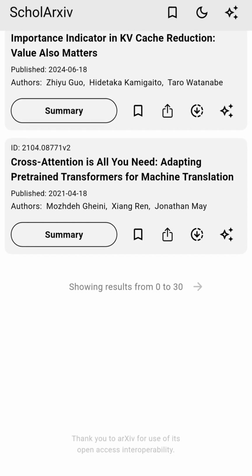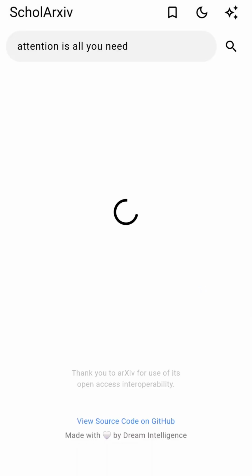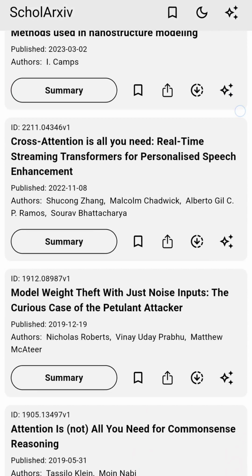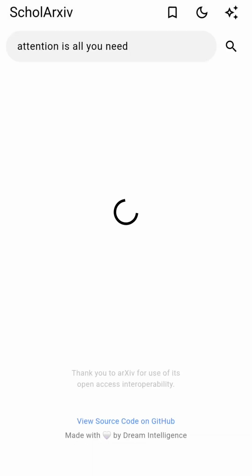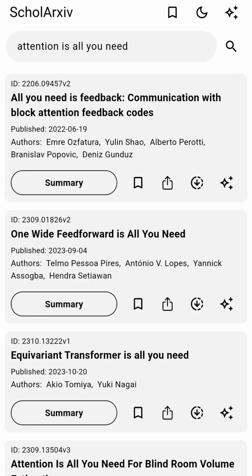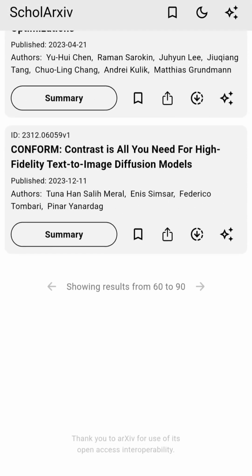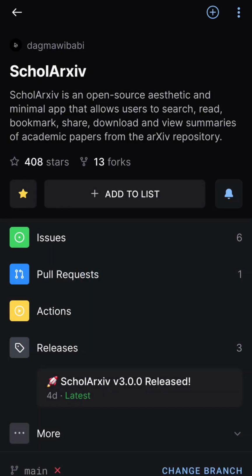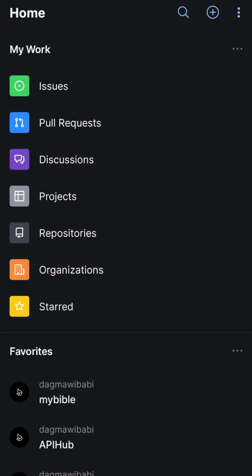Of course, if the very first batch of responses you've searched for and got don't make any sense to you, or if you'd like to explore more, you can always click on the next page. It's going to bring other responses and you can go back and forth and you can browse even more, which is pretty cool. And of course, if you're a coder, there is a direct link to our GitHub where you can just click on and you can see our project right now and you can contribute in any of